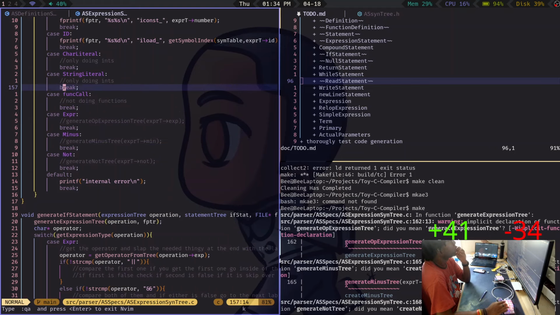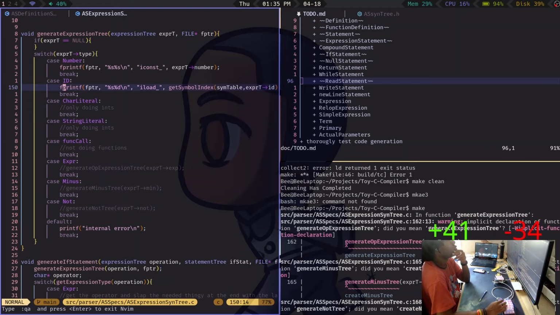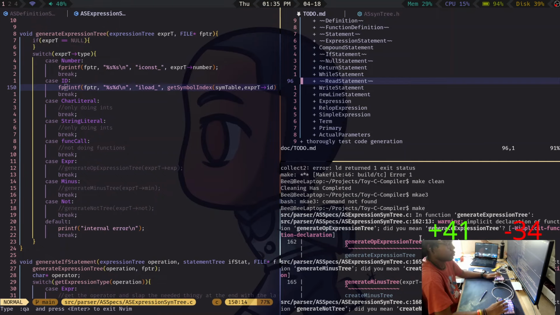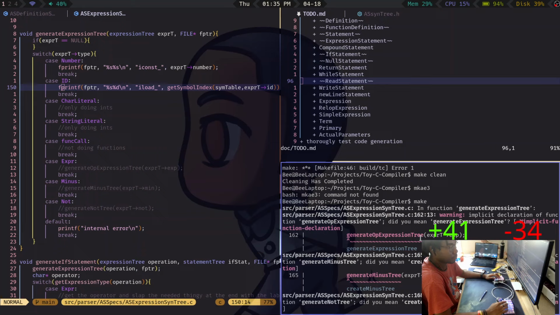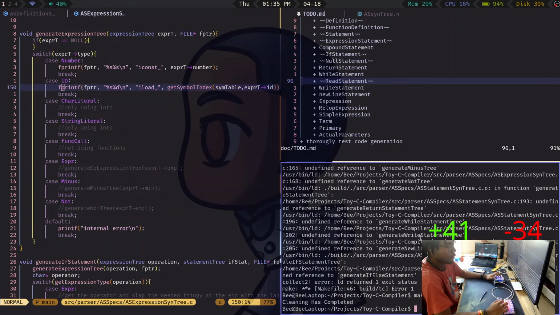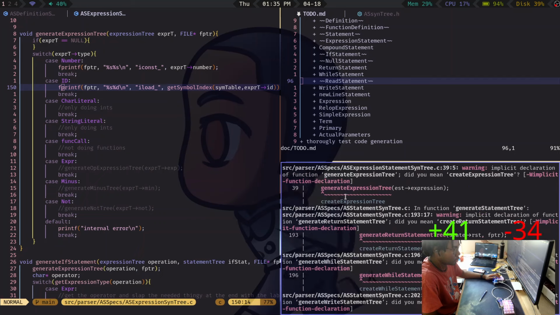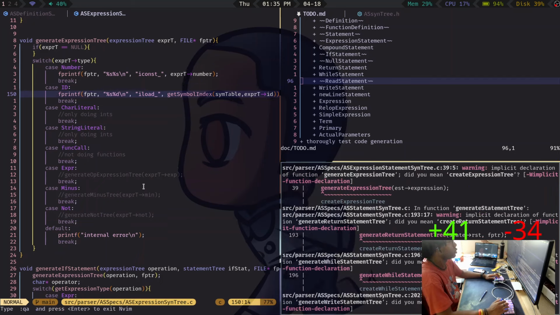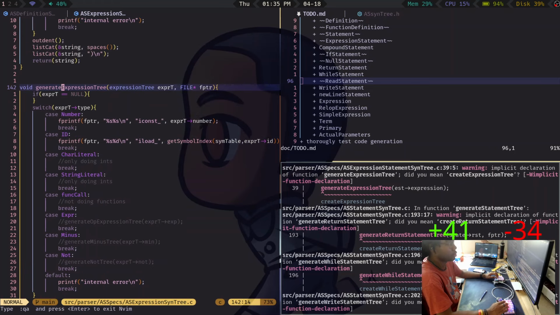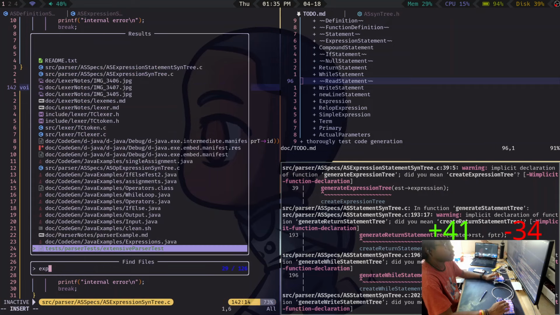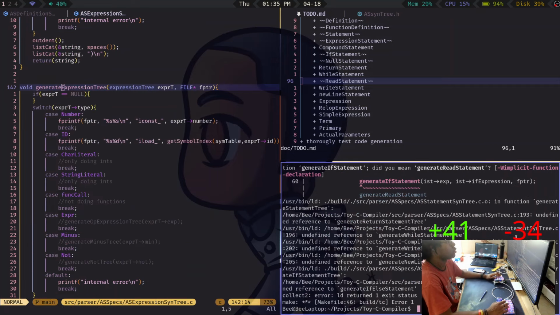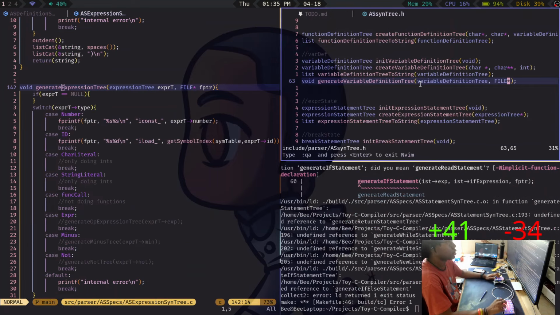Alright. Expression tree. Generate expression tree is right here. Did I? No. Oh, let me double check. I put it in here.